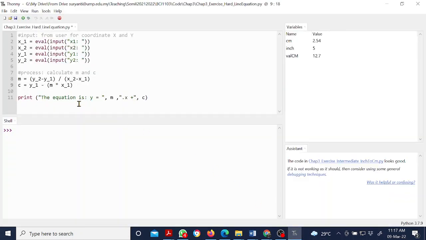Print the equation is y equal to, comma, m, value from here. Okay, and then I have another text to be displayed here: times x plus C. C I will get from here. Okay, so when I run it, I will have